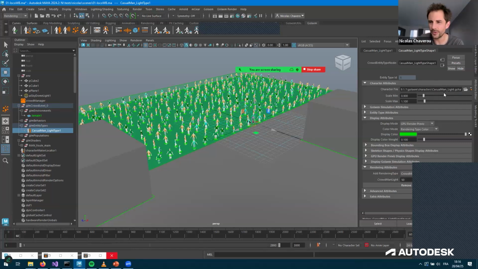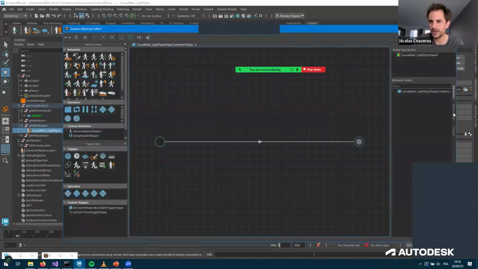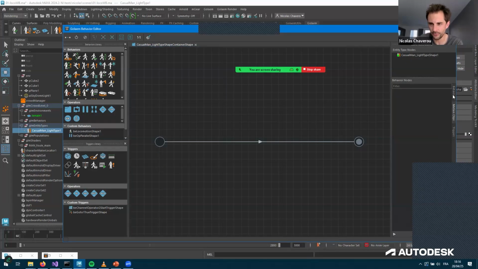Then you got your outliners regarding what's going on in terms of behaviors, in terms of motion clips. I don't have any clips yet. And in terms of triggers, we'll speak about triggers later. Great. You got that space. I spoke about this one. And here on the left, you got your library of the various behaviors and triggers that you'll be able to